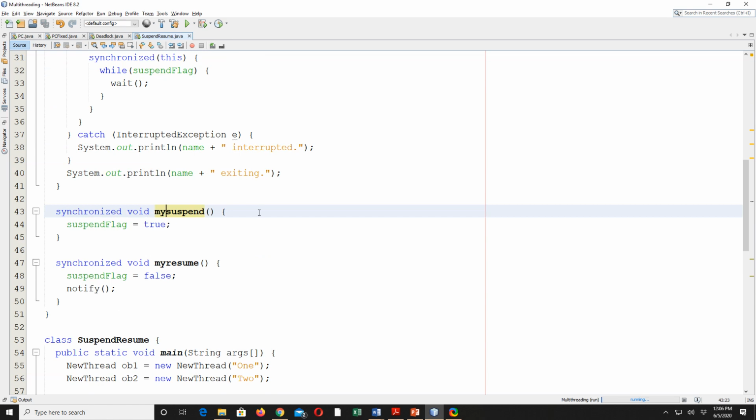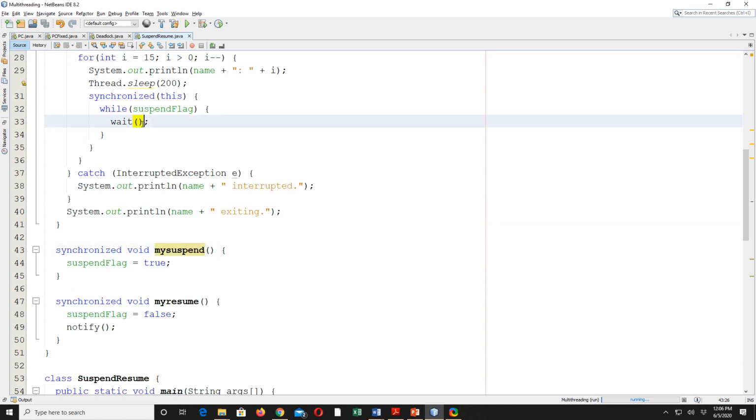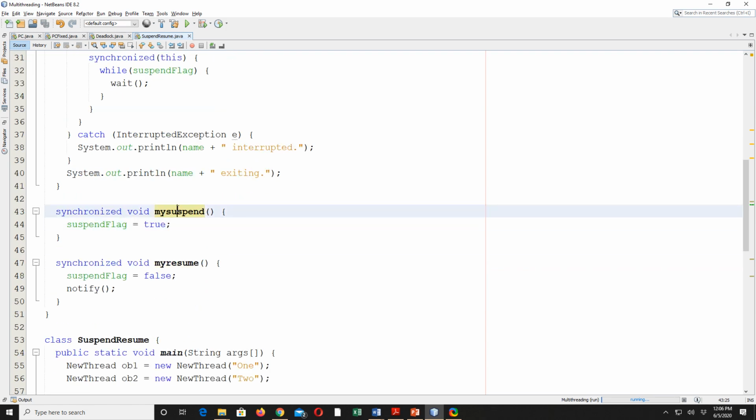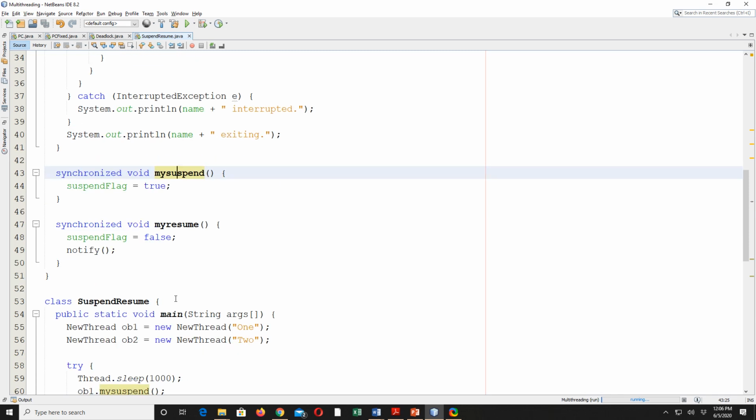If someone is calling my suspend method, that is how this wait method will be called, because someone is turning the suspend flag to true, since initially it is false. So when this method is called, it is going to turn the suspend flag to true, which means that the thread will go into the wait state. And then we have this resume method. It is doing nothing.